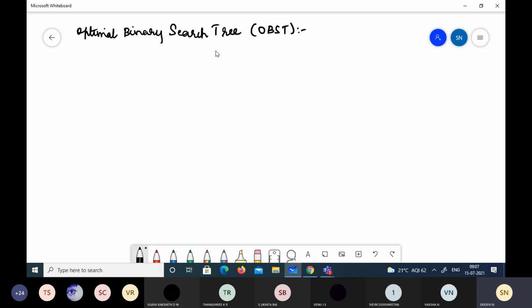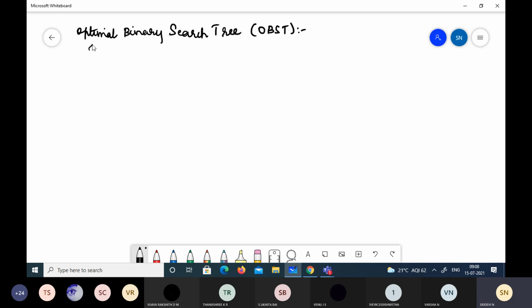If you are searching for some item, then the average number of comparisons in that particular search will be the smallest possible if optimal binary search tree is used. The application of OBST will be in a dictionary, where we will try to search for words, isn't it? So the principal application of this binary tree will be to implement a dictionary.